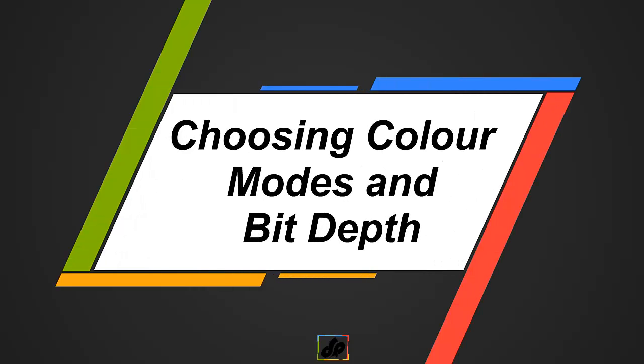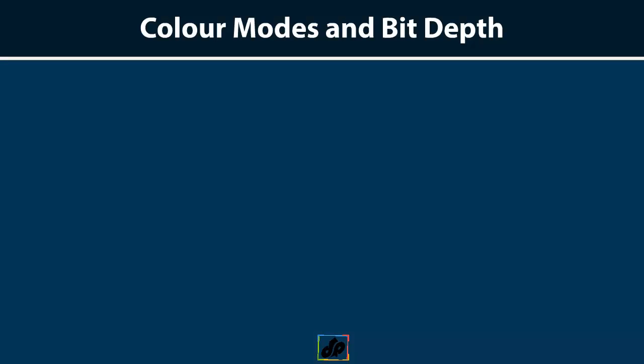In this tutorial, we will look at the most popular color modes in Photoshop and the role that bit depth plays in their ability to store information. Bit depth specifies how much information is provided to each pixel in an image. The more bits of information per pixel, the more values are possible, and the more accurate tonal representation can be achieved.